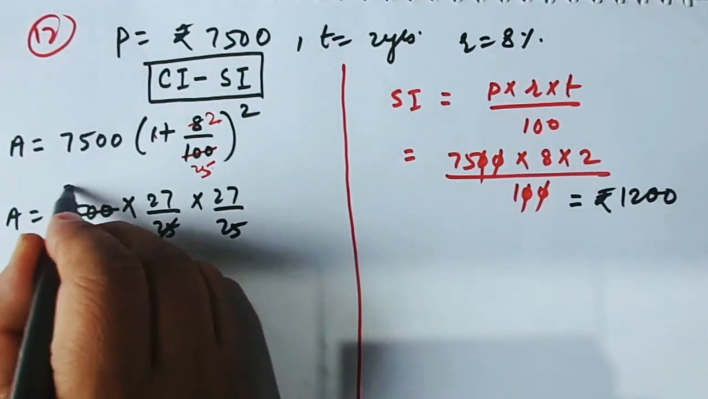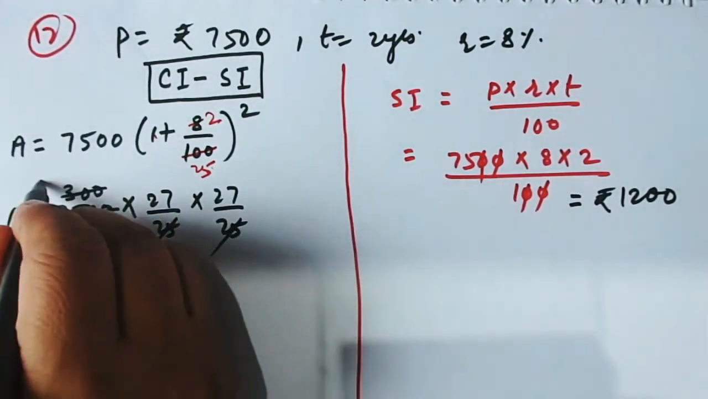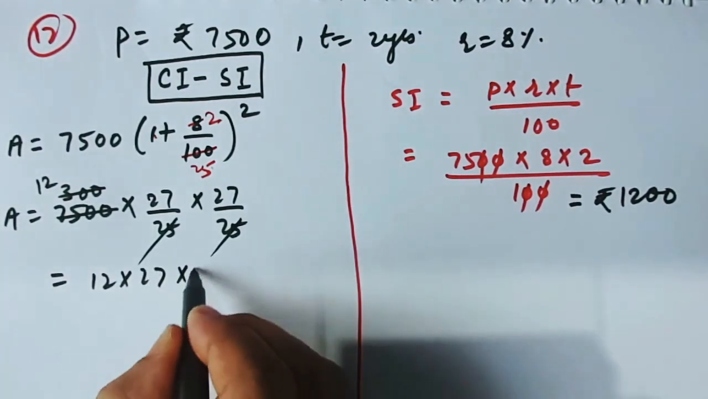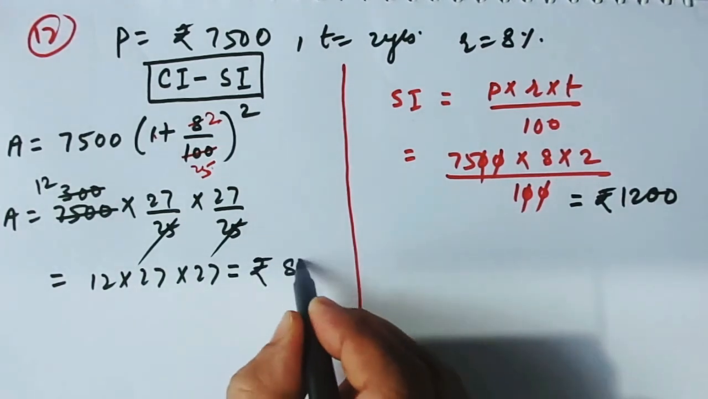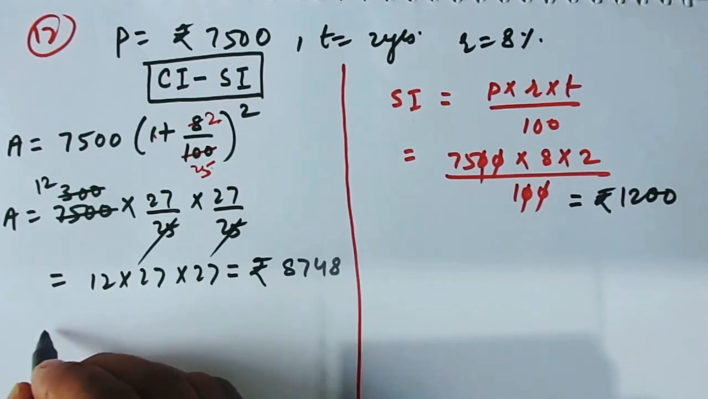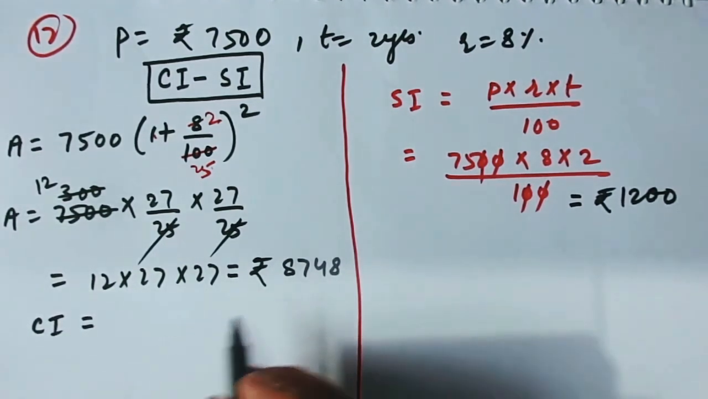25 हाउ मेनी टाइम्स? 25 3s are 75, 0 एंड 25 हाउ मेनी टाइम्स? 4 3 12, 12 बार में, मतलब अमाउंट इज इक्वल टू 12 इंटू 27 इंटू 27, इज इक्वल टू ₹8748। तो ये तो अमाउंट निकला। यू वर सपोज टू फाइंड आउट द कंपाउंड इंटरेस्ट। कंपाउंड इंटरेस्ट इज इक्वल टू